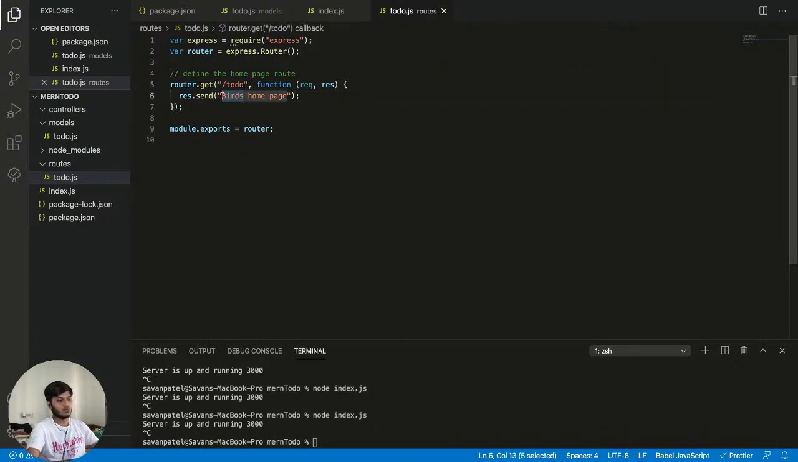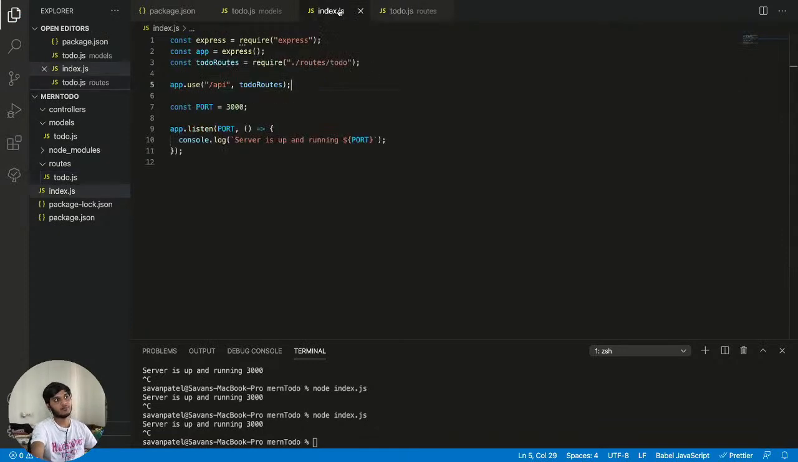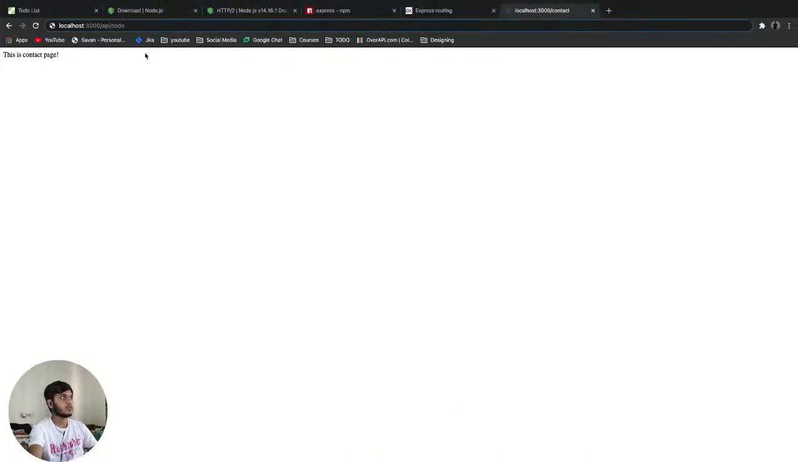This is a to-do homepage. Okay, not your birds homepage. We like birds, but we are not creating the birds homepage right now. So it's done, should be working. Node index.js, API slash todo. So yeah, as you can see here,